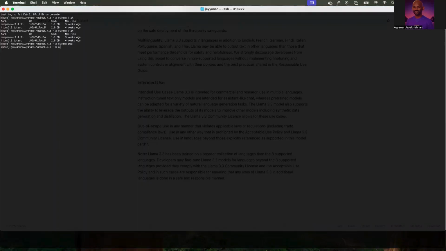I can do this: ollama run latest, exit. Okay, who invented